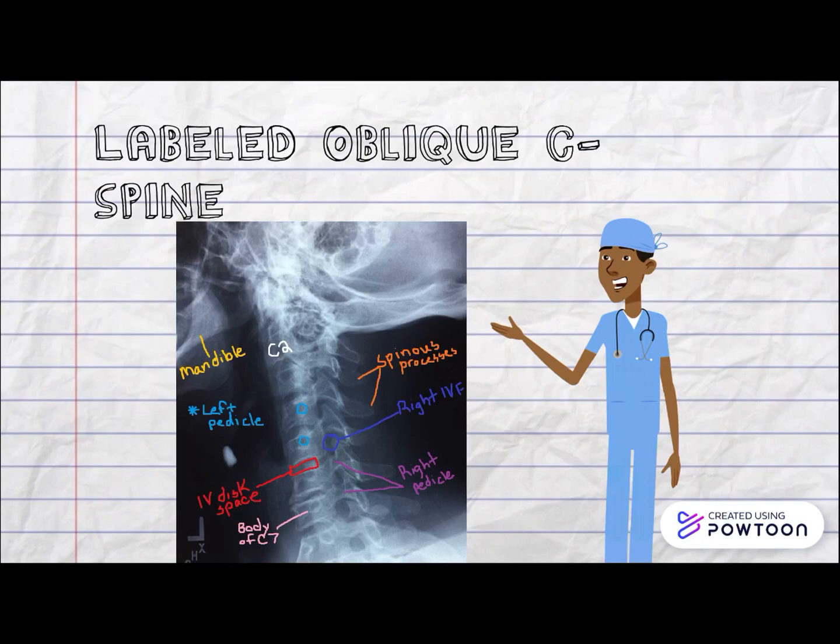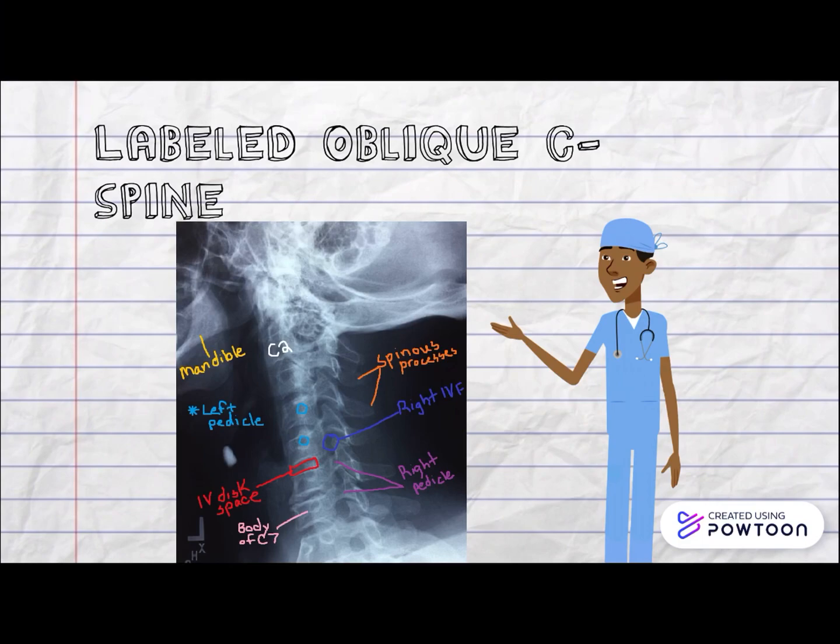To demonstrate the IVF of the C-spine, it is necessary to rotate the patient at a 45-degree angle. In this image, the IVFs are circled in red. You can see the IVFs are not fully open, and the intervertebral disc spaces are not visible as well. But a key indicator that can help you identify whether the patient needs to be rotated a little more is the opposite pedicle that has a blue line